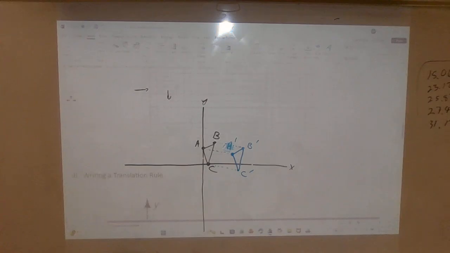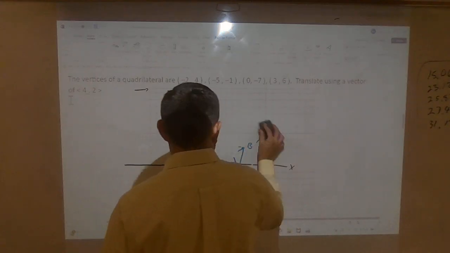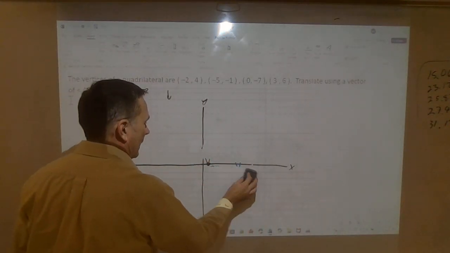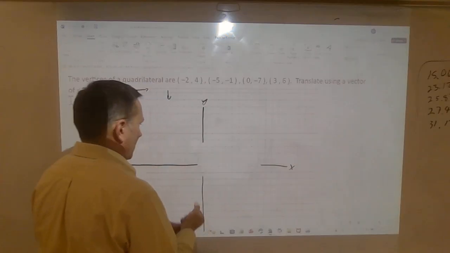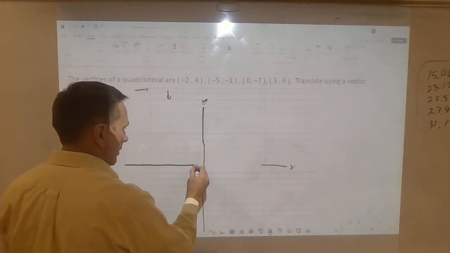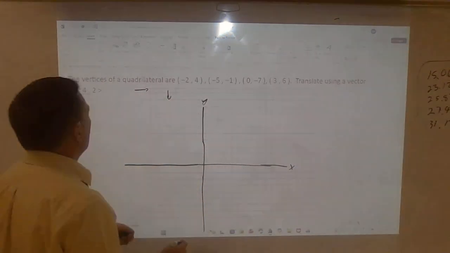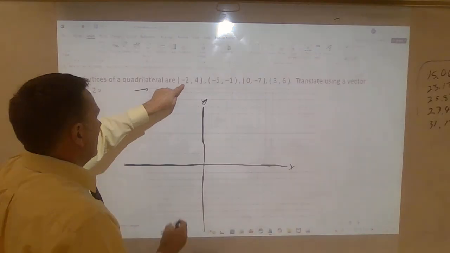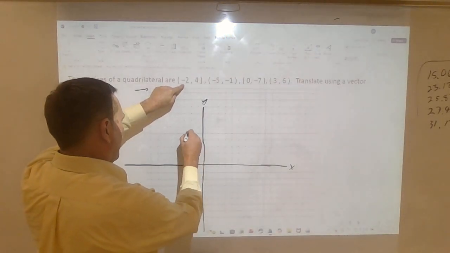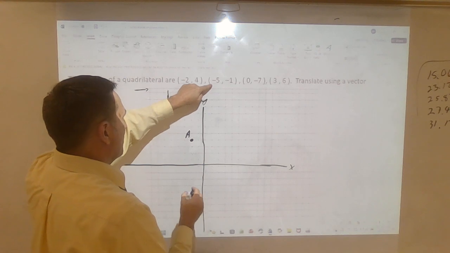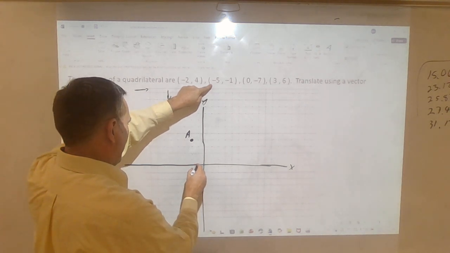Next problem. Now we're doing a quadrilateral. So we start by naming our points. I fix my XY. So we have point A being -2, 4. 1, 2, 3, 4. So there's point A. Point B, -5,